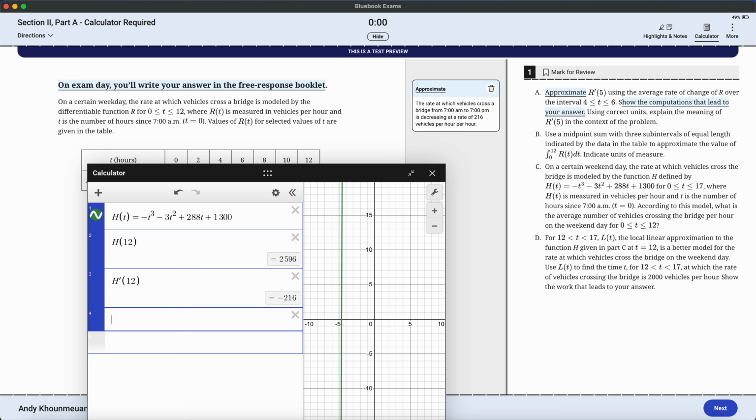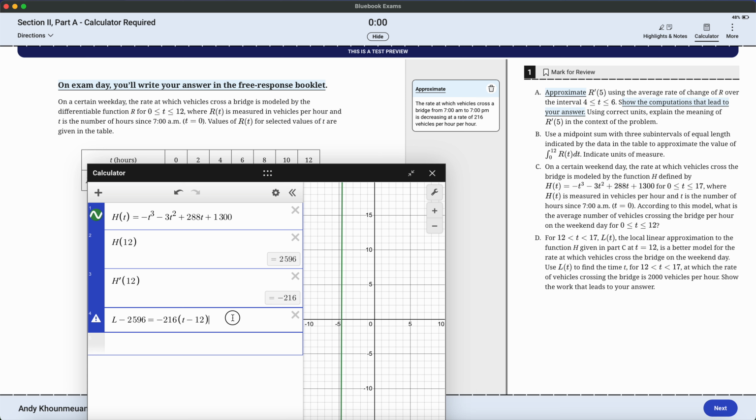All right, so we have my point, we have my slope, so I'm going to go ahead and use my little point slope form. Whenever you are using point slope form, please make sure that your variables are in terms of what they give you. So in this case, we want L and we want t. Don't give me y and x here. So I want L minus 2,596 is equal to negative 216, t minus 12